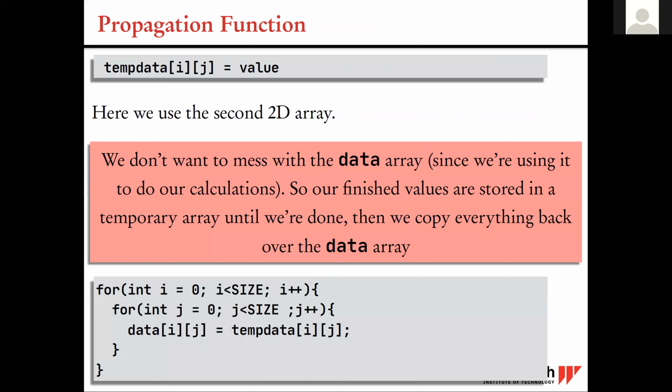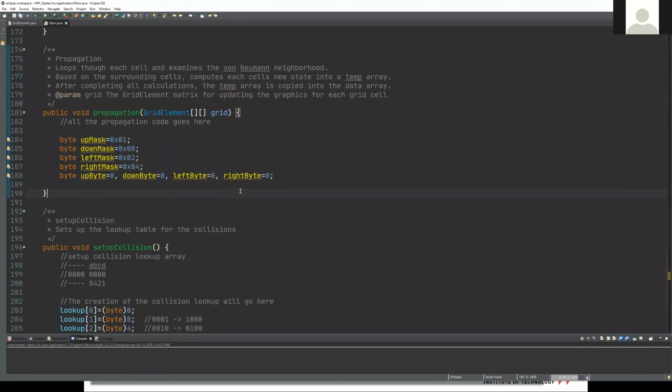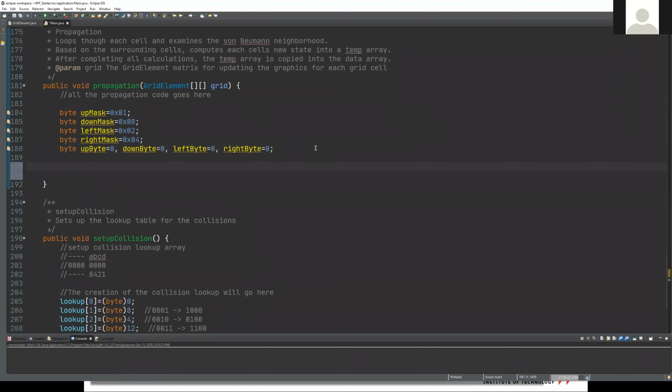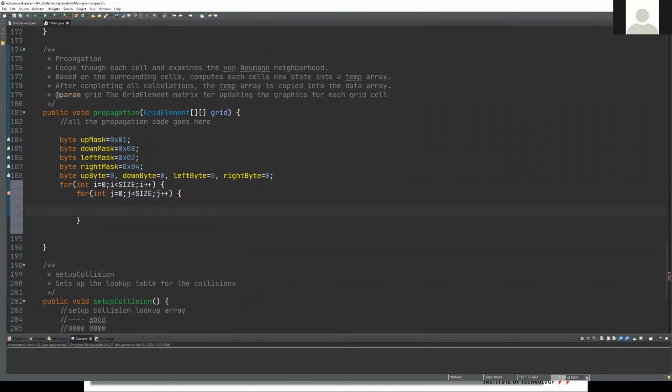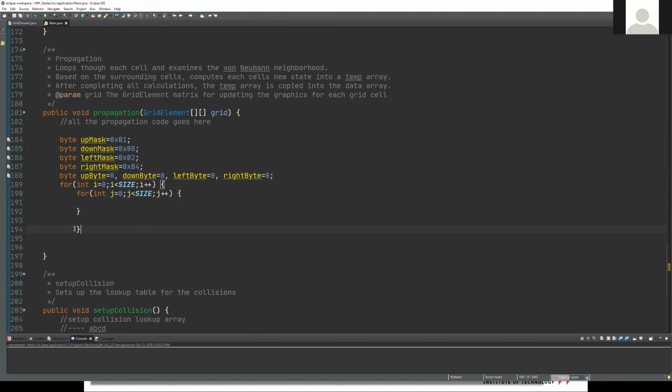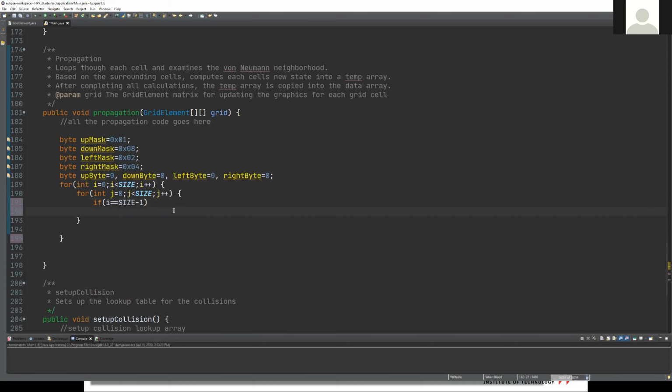Yeah, so let's put that in, and then there's one last piece to this, and then we'll basically be there. So I'm going to take the for loop from up here. There we go. So we're going to loop through every single cell, and provided that i is not equal to size - 1, we're going to do the up byte part. So this is just to make sure that we don't go outside of the boundary. So I'm going to have some ifs in there. We don't want to exceed the boundary of the simulation. So we'll take the up byte, and this is going to equal